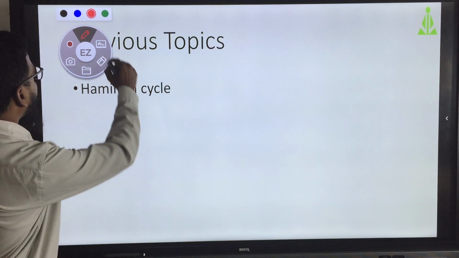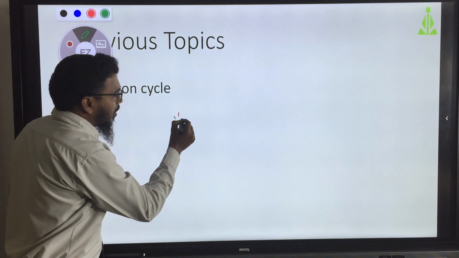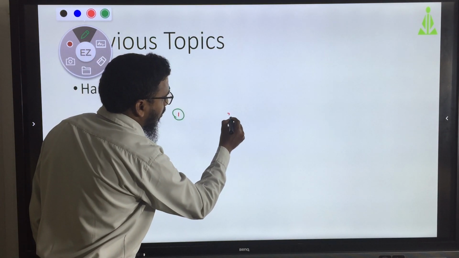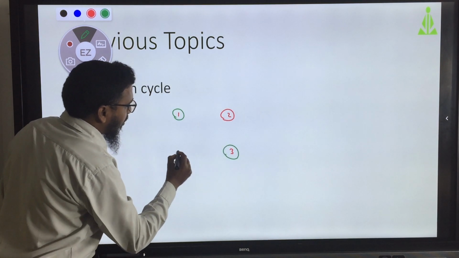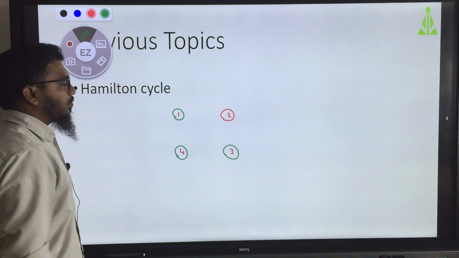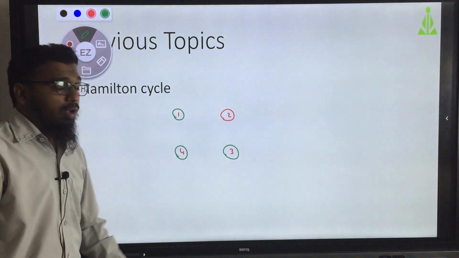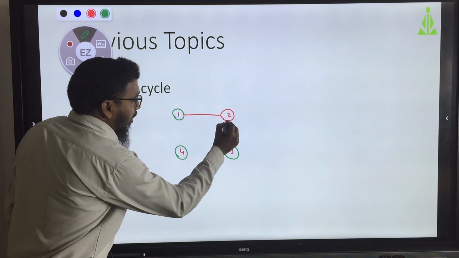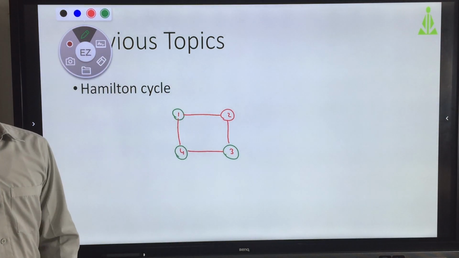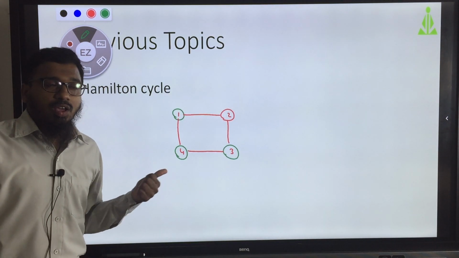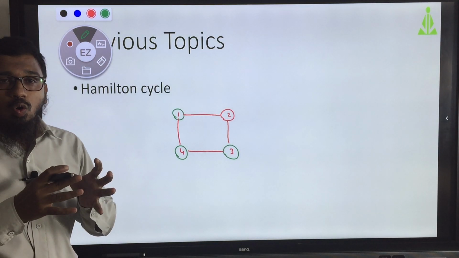Here, for example, there are 4 vertices: 1, 2, 3, 4. Here we need to check the Hamilton cycle. If you go and watch the previous video, you can easily understand the whole detail.